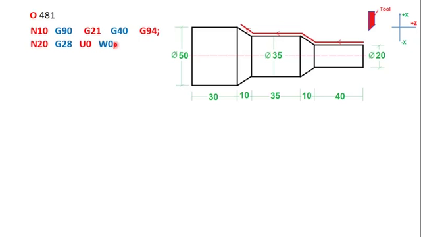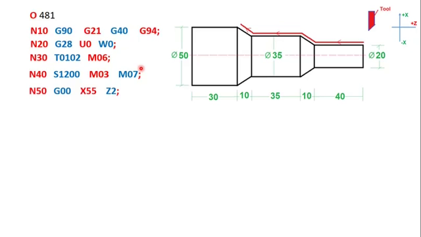So I use G28, U0, W0, then I use tool 1 and offset 2, and then the tool is selected. Then I define a spindle speed of 1200. The spindle is on in clockwise direction and coolant is on. So all this will remain the same.